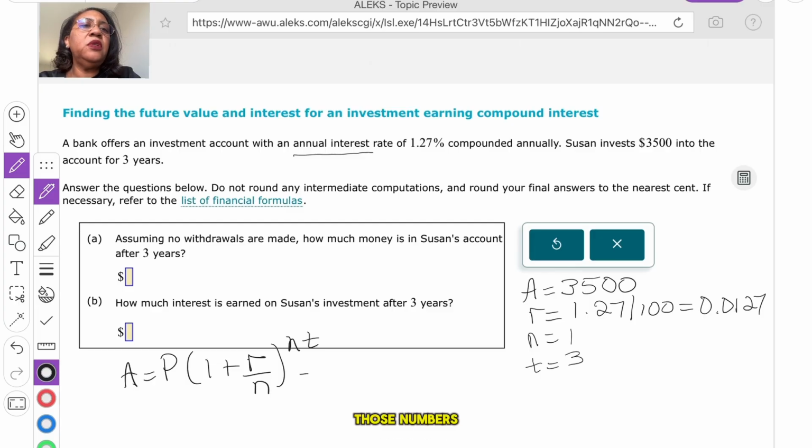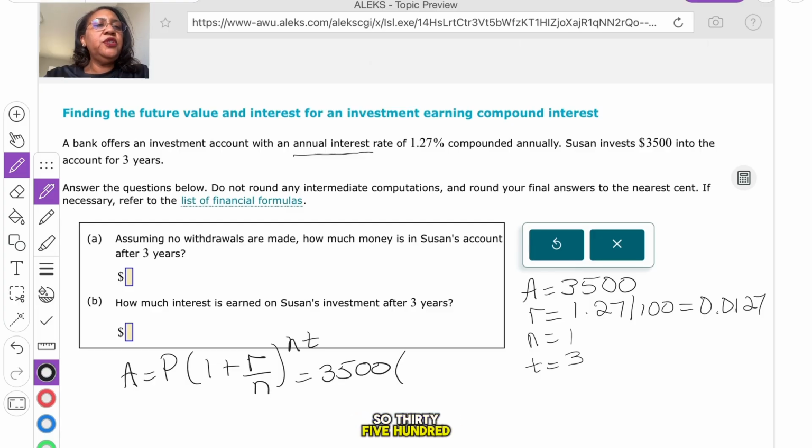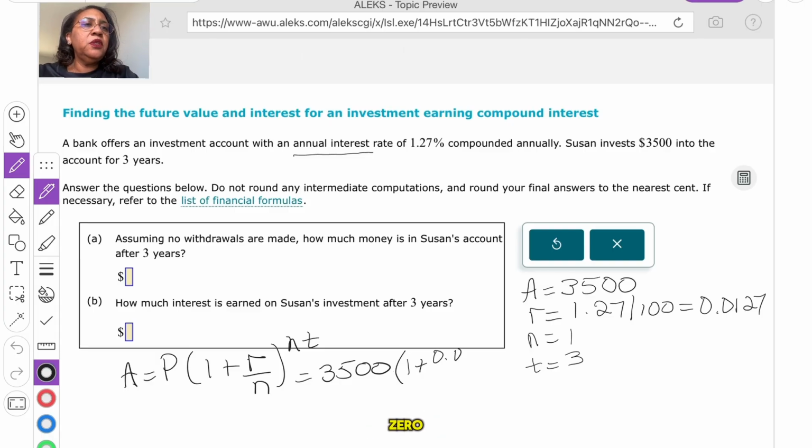So we just plug those numbers in. So 3,500, 1 plus 0.0127 divided by 1, which we don't have to put in the calculator. And then 1 times 3 right here. So when we put that in the calculator, we end up with